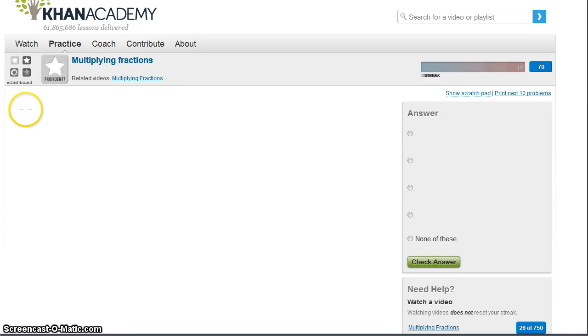Now this is going to be an exercise on multiplying fractions. We actually already have an exercise on multiplying fractions, but we're going to make this one multiplying fractions 1 and rename the current one into multiplying fractions 2. The point of that is to have this exercise show some of the intuition about what you're doing